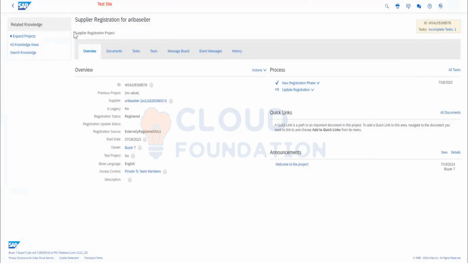This is, you can see, in Ariba upstream, all the things are called projects only. You see, this is the supplier registration project, supplier registration for Ariba seller. This will be created automatically as soon as we click on this one. That project name will be Supplier Registration for Ariba seller. When you go to the Documents tab,